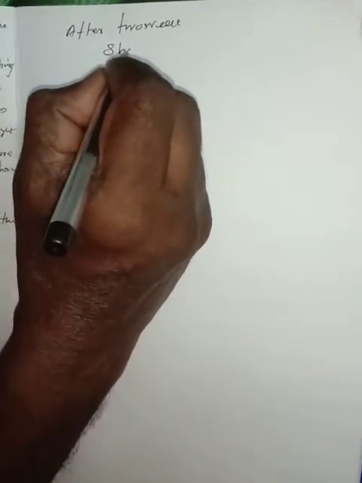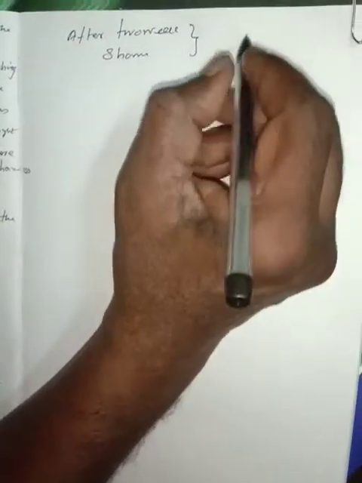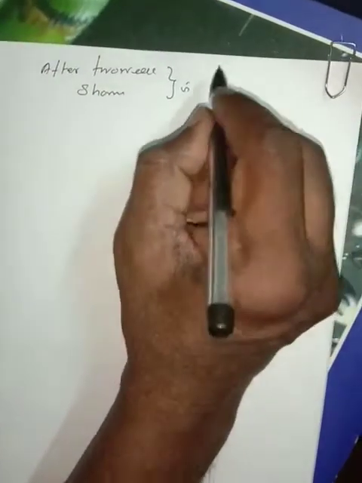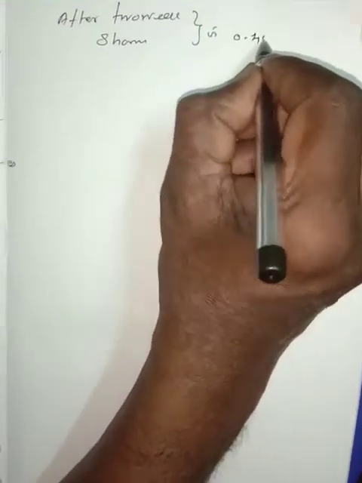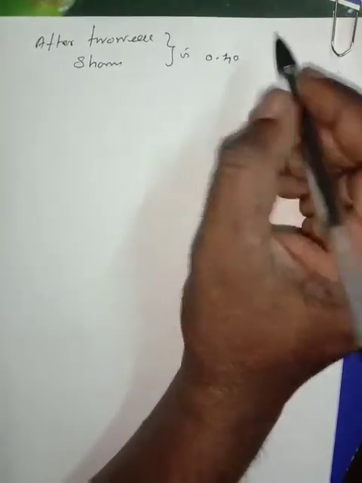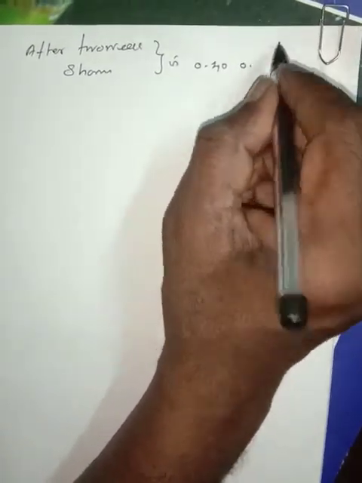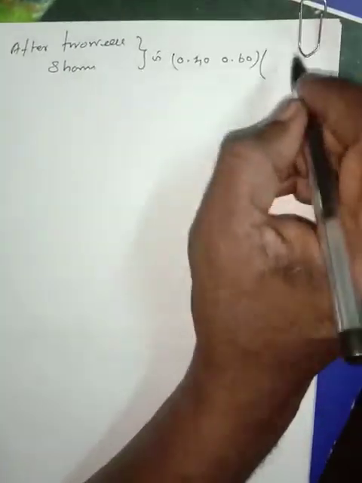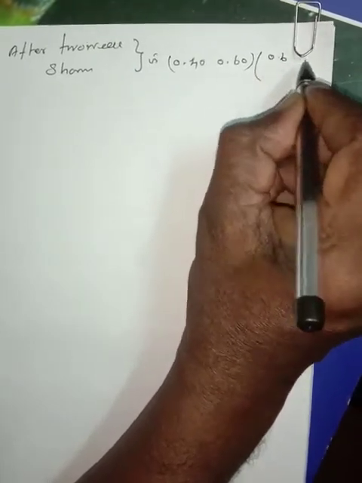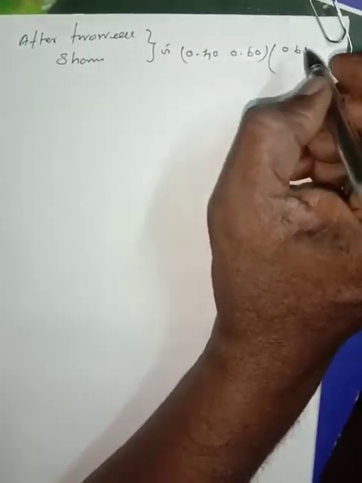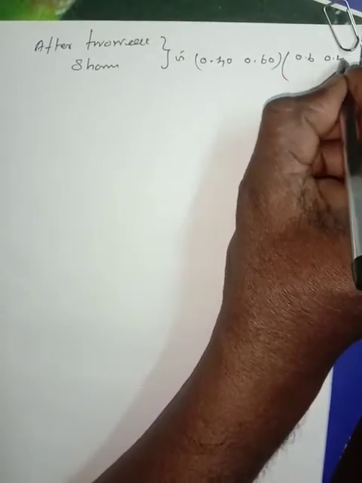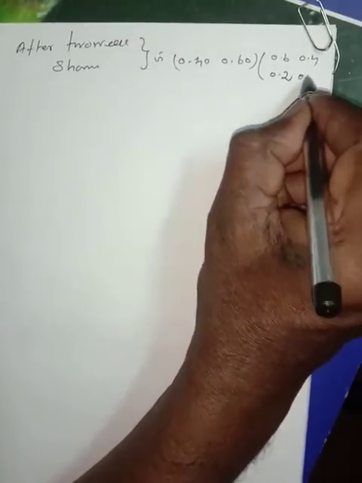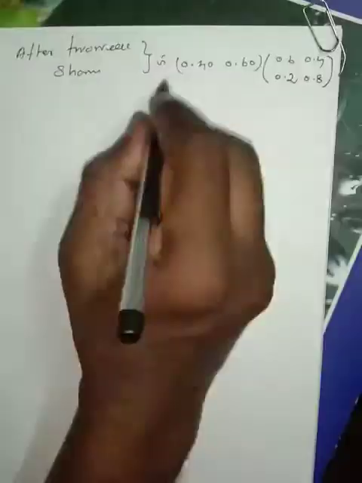After 1 week, A is equal to 40%, so 0.40, next 0.60, into the transition matrix 0.6, 0.4, 0.2, 0.8 is equal to